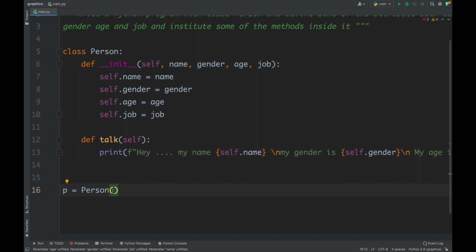So I'll write for p person, the name is Samuel, then his gender is male, then his age is 34, and his job is software developer. Okay,